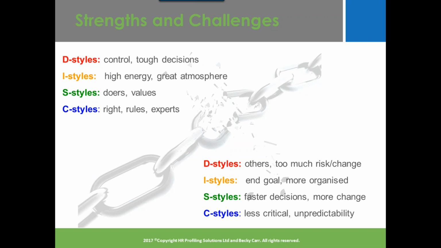Your I style needs to keep an eye out for the end goal and stay organised and plan, stay focused. The S style needs to make decisions faster if the message is one of change, so think outside the status quo. The C style needs to be less critical of themselves and others and be prepared to embrace unpredictability more,